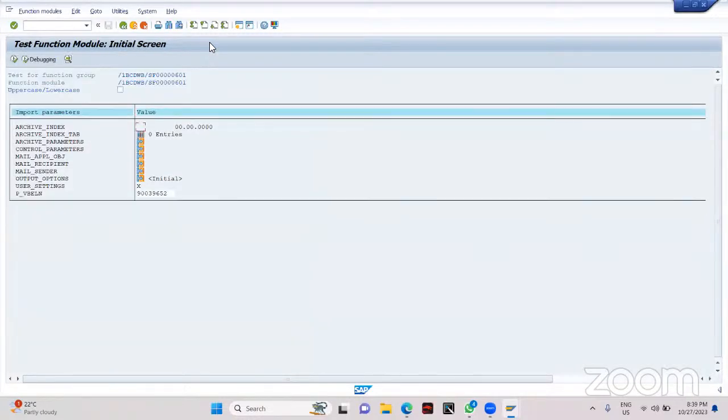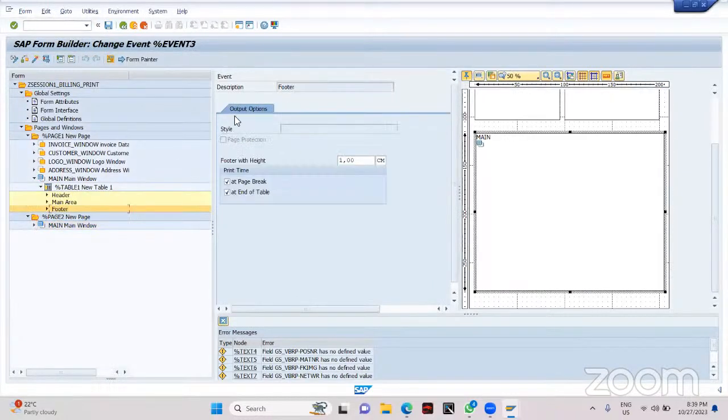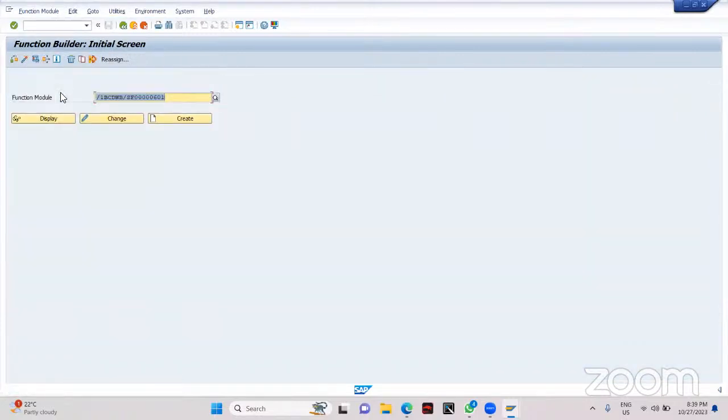So this space is coming. So what we can do is we can say to the main window, go to the table, click on the footer, okay? And then here it says when it has to be printed. So we can just uncheck this mark, okay? And it has to be printed at end of the table. Like if you want to print the net value, the net amount, net quantity. So every time we don't have to use it. At the last, we can use the footer part. So if you just activate it and let's execute it. See now,